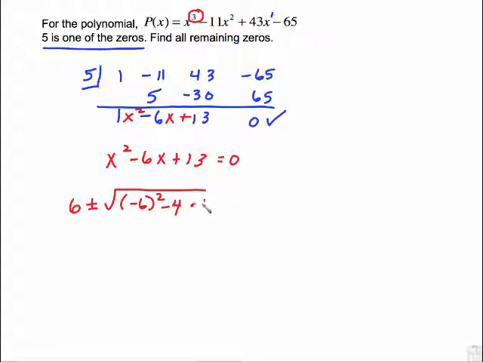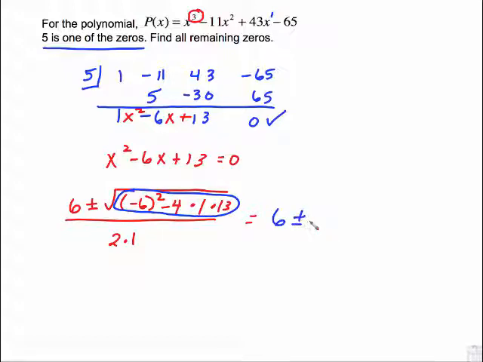Minus 4 times a, which is 1, times c, which is 13, all over 2 times a, which is 2 times 1. All of this part right here, you can enter directly in your calculator, and that's the reason I wanted you to put the negative in parentheses. So this is 6 plus or minus. If you type all that in the calculator, you have -16 right here, all over 2. Square root of -16 is 4i,